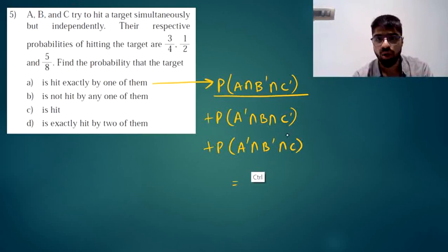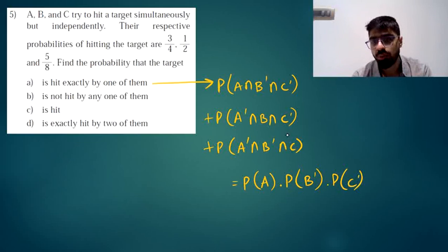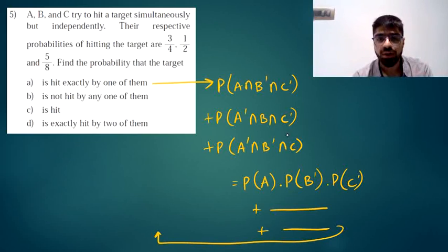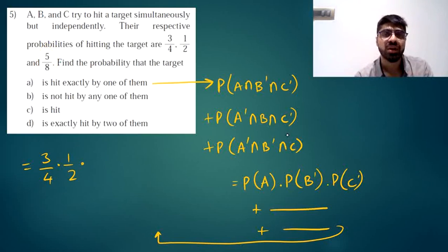P of A intersection B complement intersection C complement. Because they are independent, you can write it as P of A into P of B complement into P of C complement plus the other two terms also in a similar way. Evaluating it, we are going to have P of A, probability of A hitting the target being 3 by 4, into, keep in mind we want B complement. So if the probability of B hitting the target is 1 by 2, probability of B not hitting the target is 1 minus 1 by 2, which is 1 by 2 only, into P of C complement. So 5 by 8 is the probability of hitting, 3 by 8 will be the probability of not hitting, plus